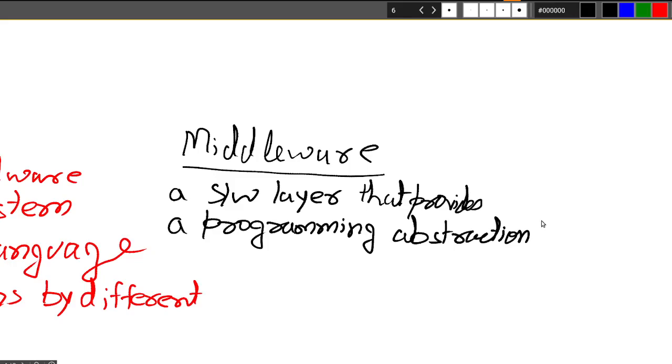The middleware, which is a programming abstraction, for what purpose? It can be a programming abstraction, or you can also call it masking.